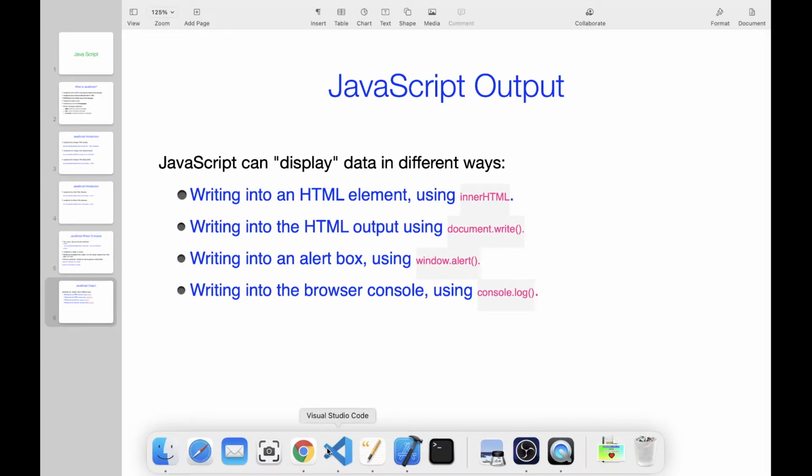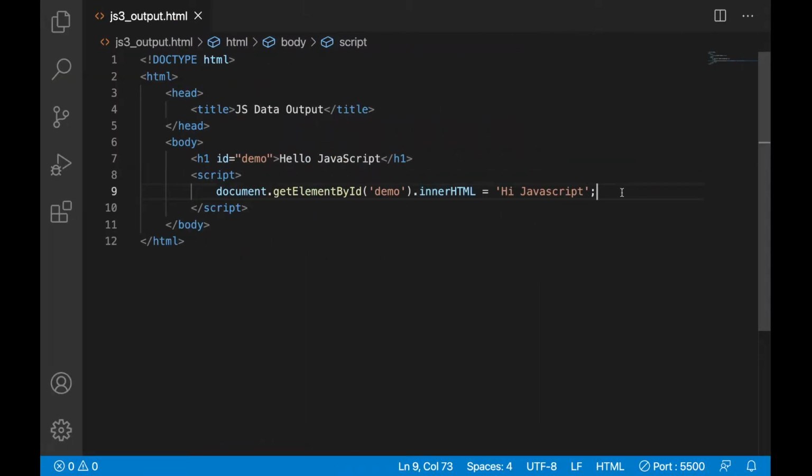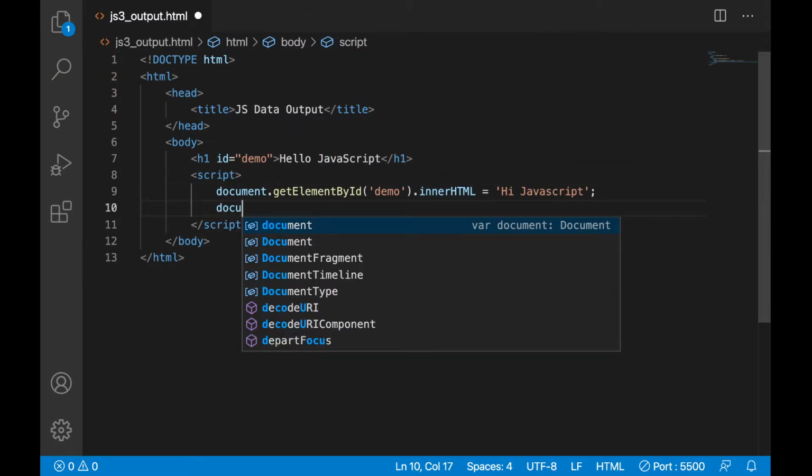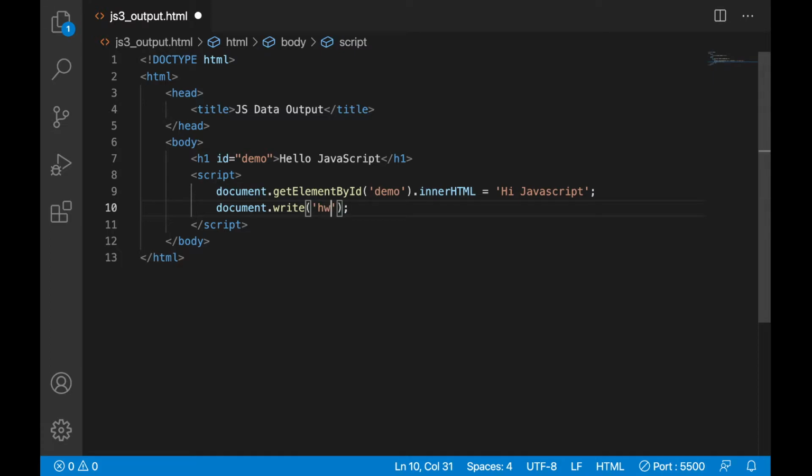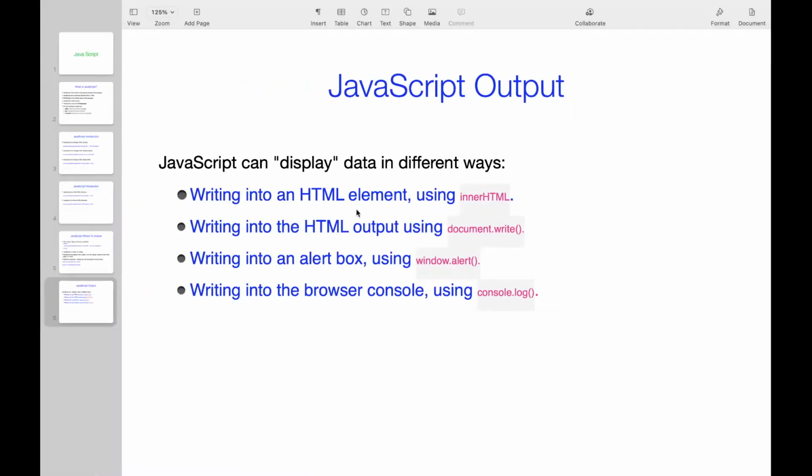Let's use document.write. Let's write some content: Hello document. Whatever we write here will be appended to the existing content.